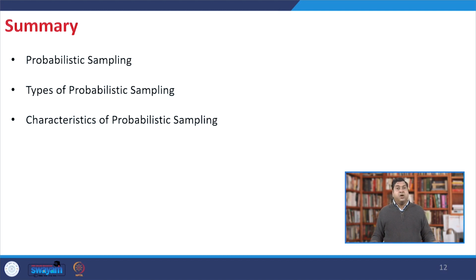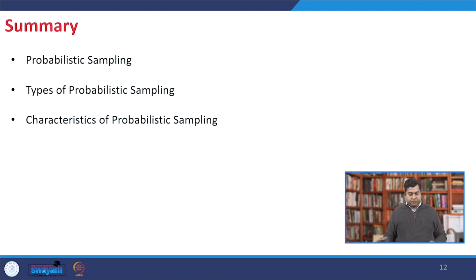So the type of probabilistic sampling you select will depend on your data requirement. You have to understand that it is not that I can apply everything and see which one is best. You have to think logically about what your purpose is. If you want to target the overall characteristics, a sufficient sample that represents the population will work for you. If you want specific characteristics like male, female, income level, age group or educational level, then probably you have to think of some kind of stratification first